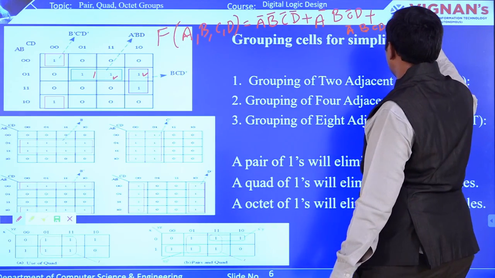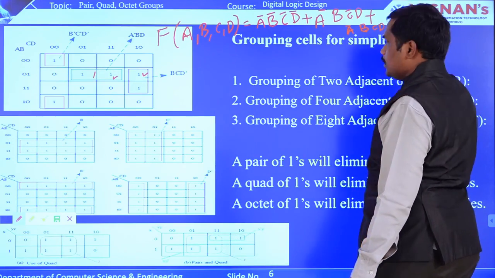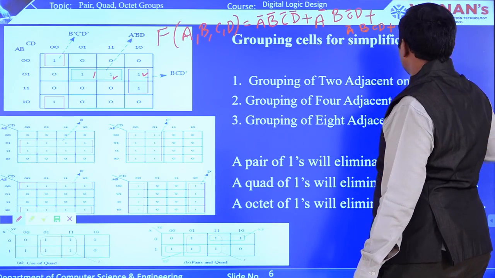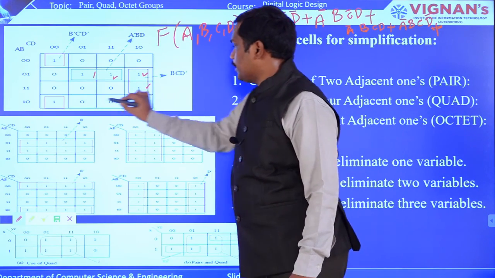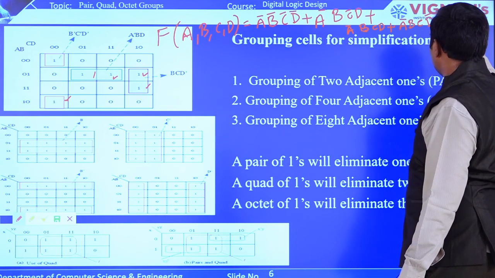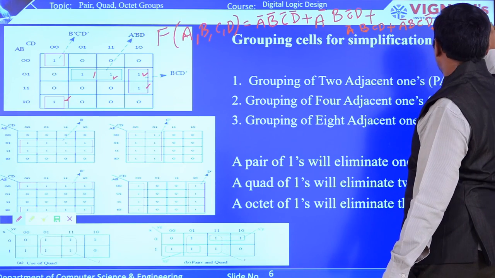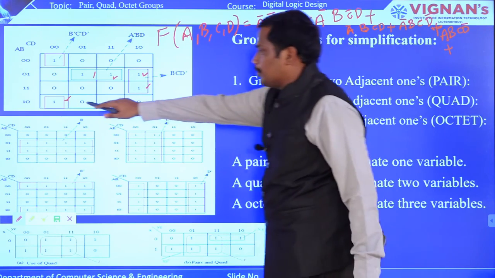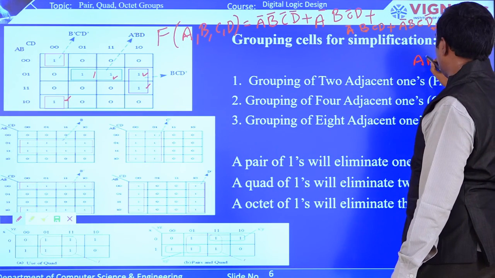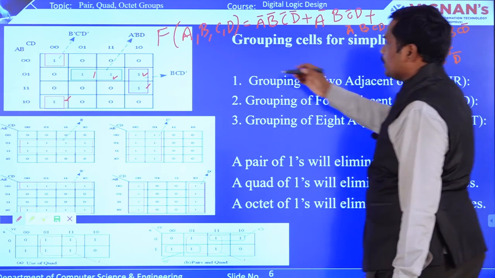So it is A bar, and then B, and column wise it is C D bar, plus. So this one and this one. First we'll go with this one, that is A B C D bar, plus, and the last term is this: A B bar and then C bar D bar. This is the question that is given to you.